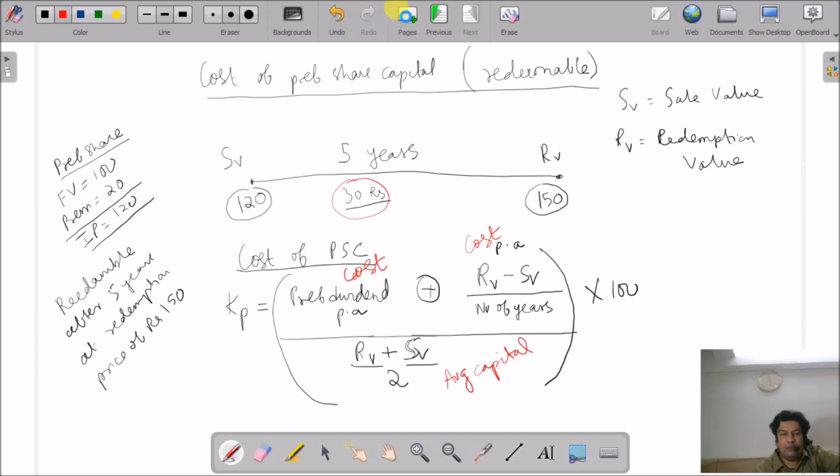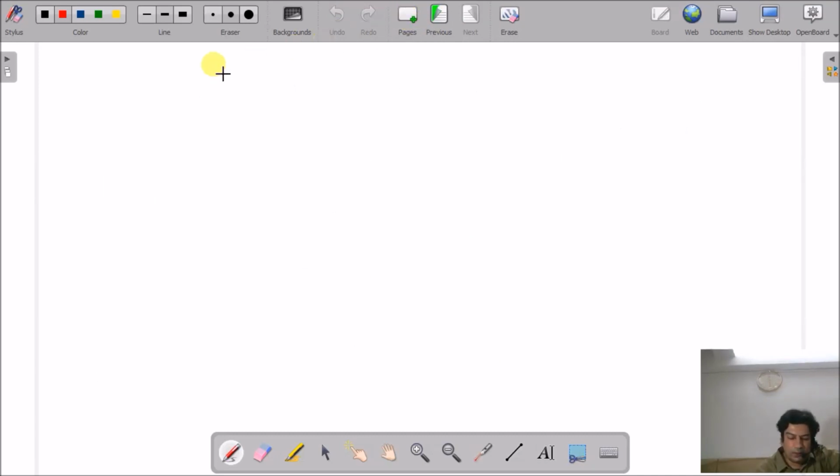One more concept is there which I will be teaching right now. That other concept is the concept of flotation cost. Flotation cost means whenever you are going to issue share, at that point of time you have to incur certain expenses at the time of issue. You have to print the prospectus, you have to get the approval from the SEBI, you have to hire professionals like lawyers, company secretary to undertake the issue. So all those expenses which are related to the issue of your preference shares is nothing but a flotation cost.